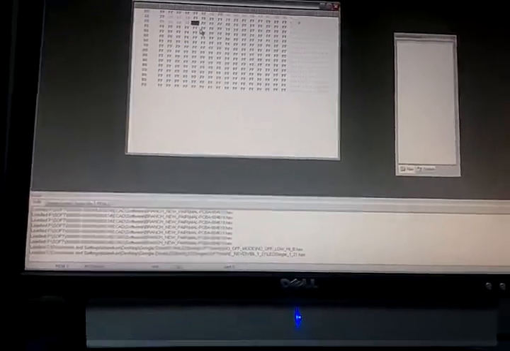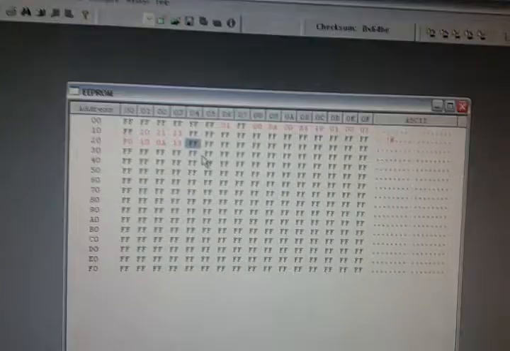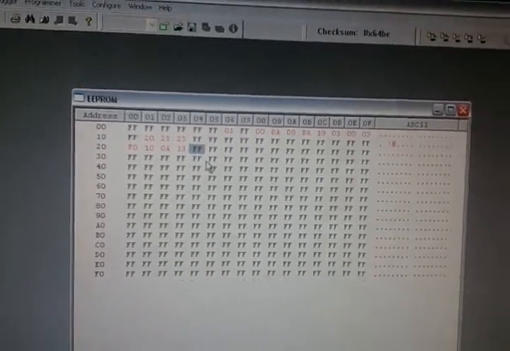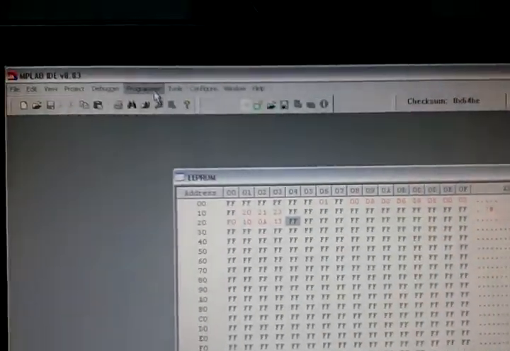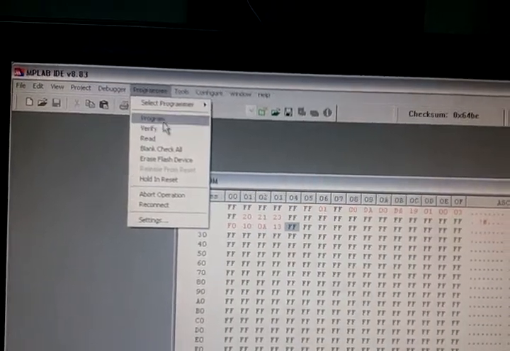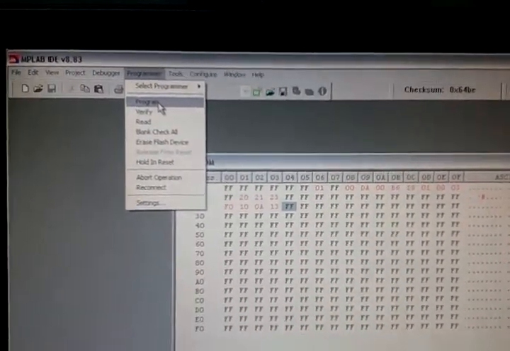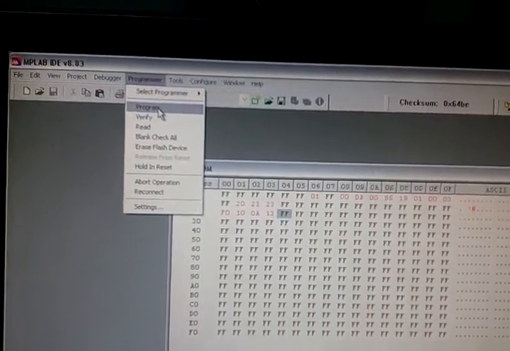This is going to be a little convoluted. I wish I had another hand right at the moment, and actually I'm not going to be able to do this because I do not have enough hands. But the next step, and I'll show you, is you would go up to Programmer and click Program. I'm going to pause for a second and do it,